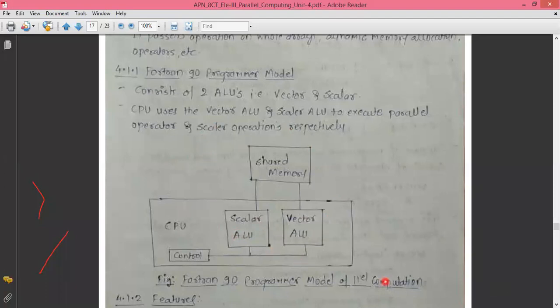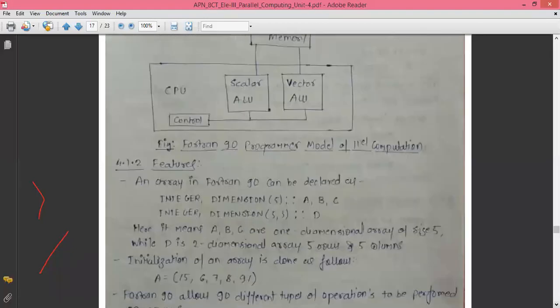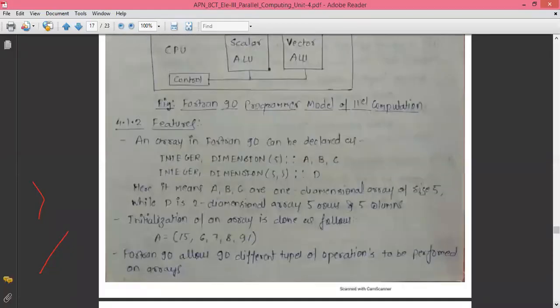Now we are looking at the features of the language. It is quite a simple language. Any language, when we are learning it initially, has its own syntax, its own initialization, variable declaration, array declaration, and methods. We are learning the same things over here. Very simple stuff, nothing tedious about it.